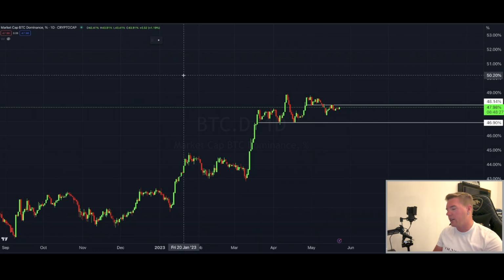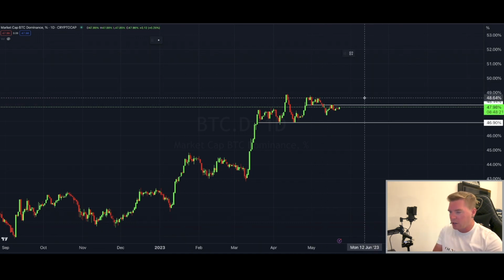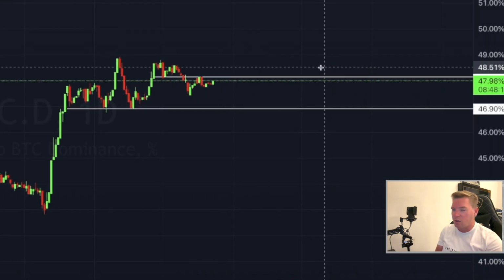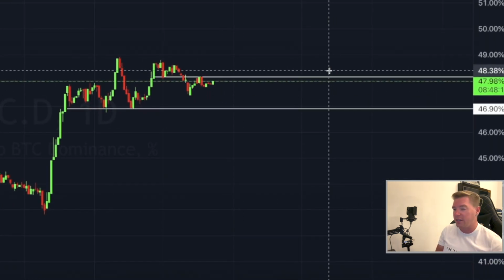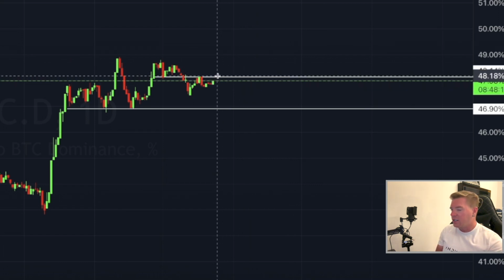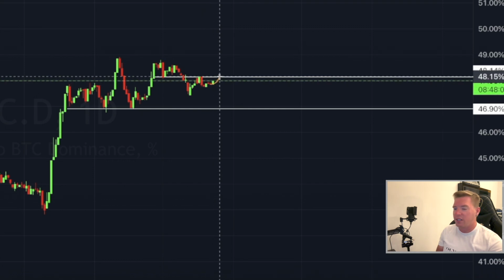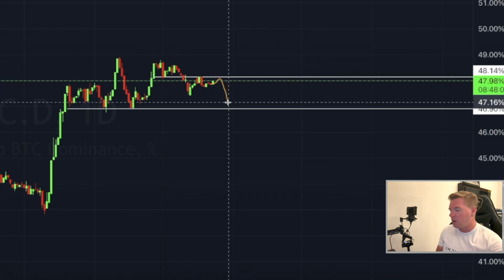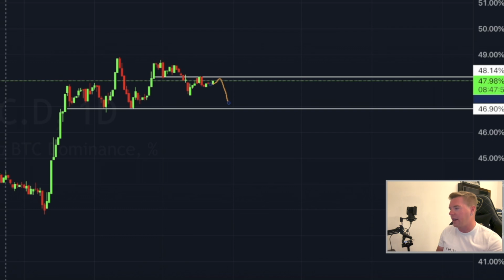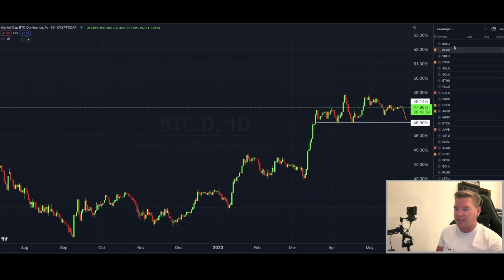So I have also today some good news when it comes to altcoins for you guys. Yeah, that is the right chart here. So as you can see, Bitcoin is moving to the upside by $400, but the dominance only moved by 0.11%, so not a lot, and that is quite good, because I believe, again, what I also pointed out the other day, is we might come up here to retest the 48.14% level, but then going to see a rejection to the downside, and that is when most of the altcoins are exploding,